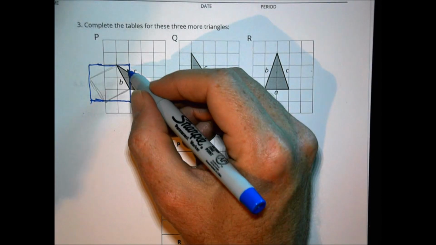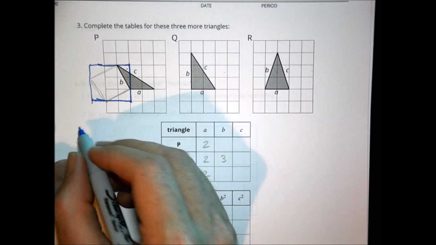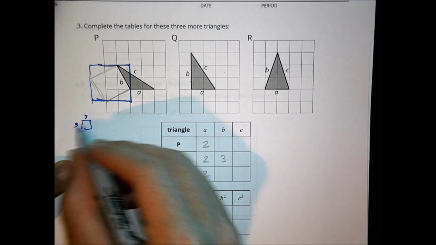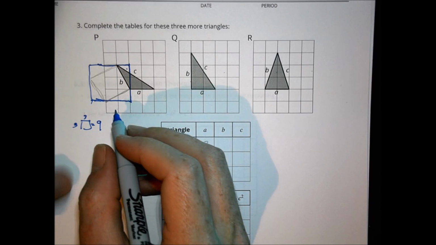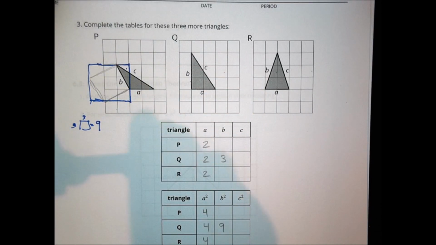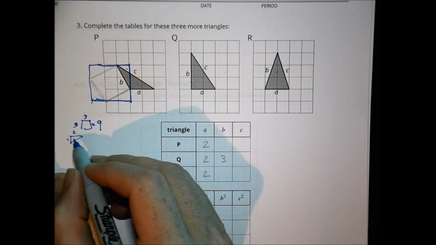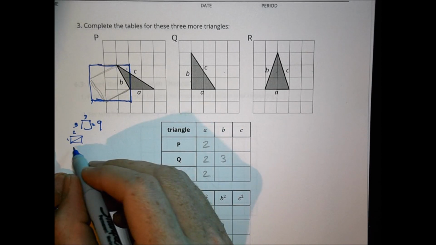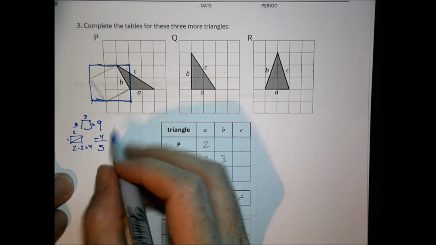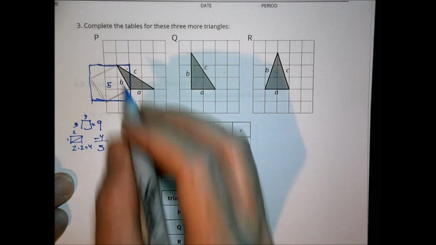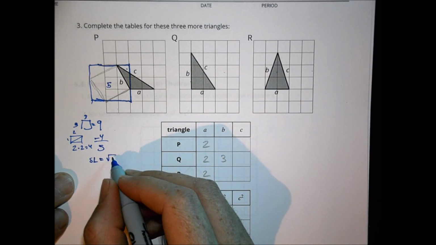Look at this triangle here. It's a 1, 2, and a 1. So we're going to have a 3 by 3 blue square, which means it's sitting there at 9. Right, so it's sitting there at 9 for that one there, and then we have to subtract the triangle pieces. The triangle is a 2 by 1, or put it together you get a 2. There's 2 of them, which makes it 4. So 9 minus 4 is 5. So the area of this square inside, sorry, is 5, which makes our side length for B equal to the square root of